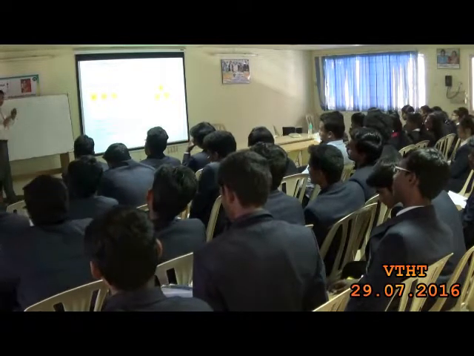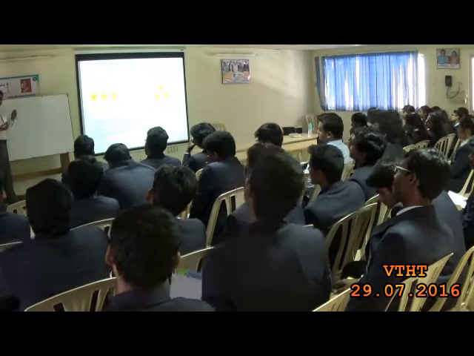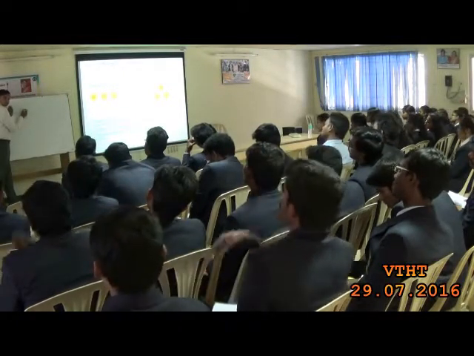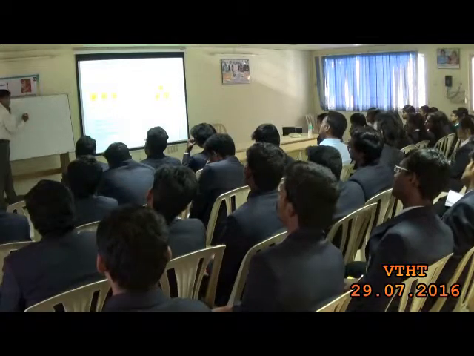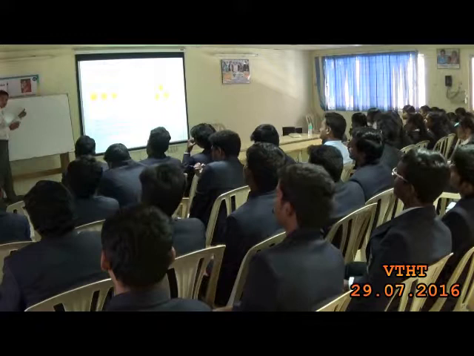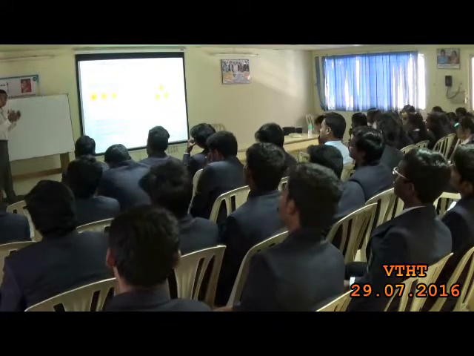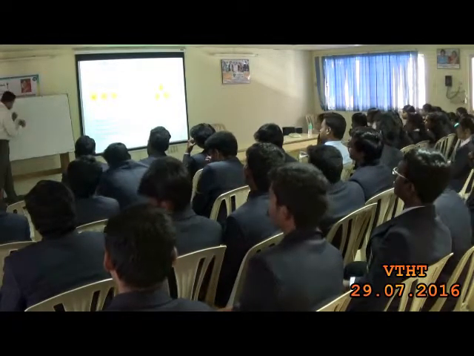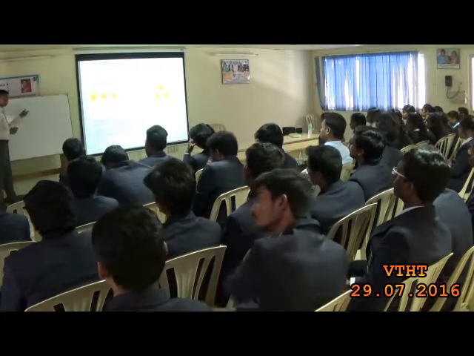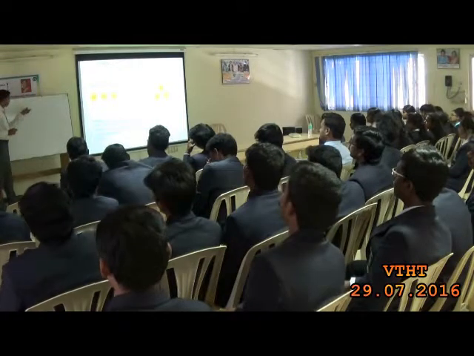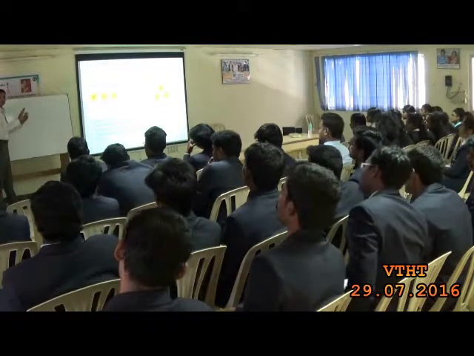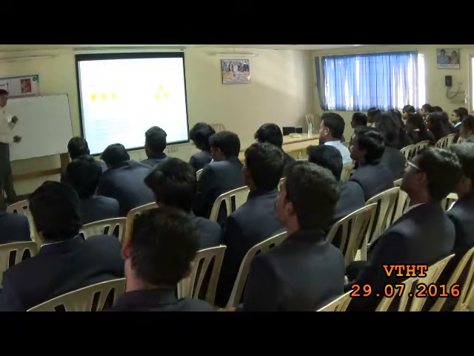But what can we do? We can avoid collision. How to avoid collision? If A wants to transmit data to B, before transmitting data, A should send a request to B saying that I want to send data. When B receives the request, B should send a response message to both A as well as to C, saying that now A wants to send data to B. If C wants to send data, it should not send. This clearance agreement will be happening. After that only the data will be sent.